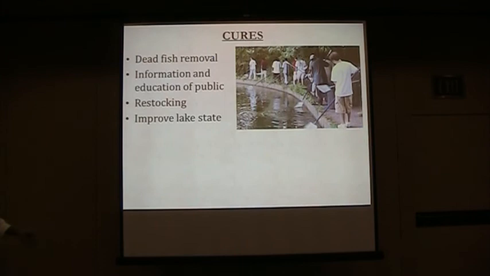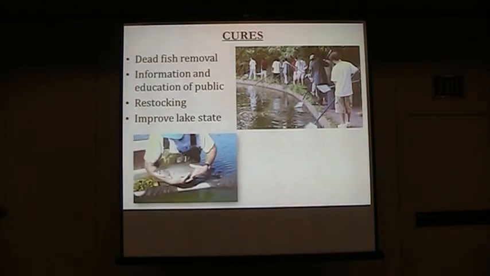Some people think that in a natural system, this is part of the natural cycle, so you leave the dead fish, they feed back nutrients to the system. And in a perfect world, yes, there are lakes where that happens, and it is a natural part of the cycle, and it is fine. A lot of the lakes that we deal with, they're already stressed by large amounts of nutrients coming into the system. And so what you want to do is get that stuff out of the system,